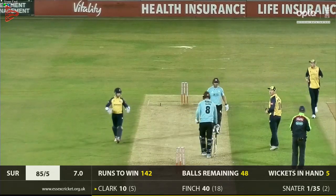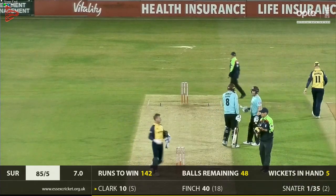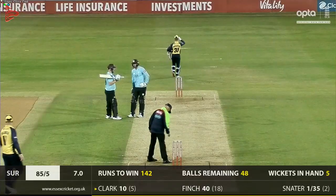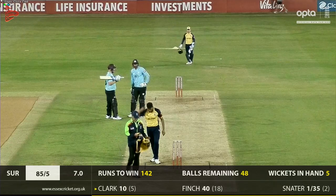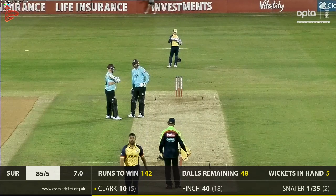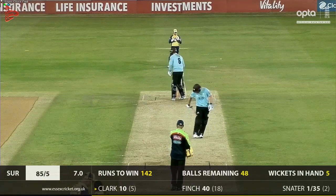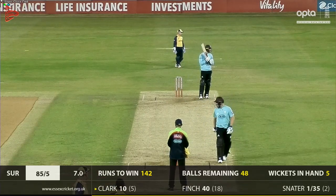Wow, it's just been an extraordinary night, and we're still applauding Finch, who is having to deal with adversity here, mainly because of, let's say, the not particularly useful support he's had from some of his colleagues, but he remains there. I suppose there's still an outside chance, but you just look at this requirement, 142 from 48 balls. So essentially what you're looking at, 3 runs a ball over that long period,